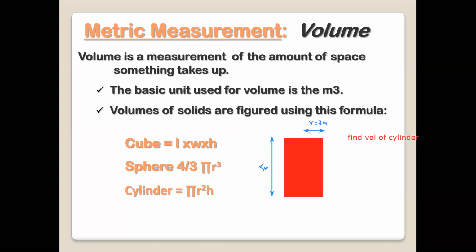So how will you find the volume of a cylinder? The formula is pi r squared h. So pi multiplied by radius squared multiplied by h. Pi is 3.14 multiplied by radius squared. The radius is 2, so 2 squared is 4, multiplied by the height, which is 5. What is the final answer? 3.14 multiplied by 2 squared multiplied by 5 is 62.8, so 62.8 meters cubed. That's the volume of the cylinder.